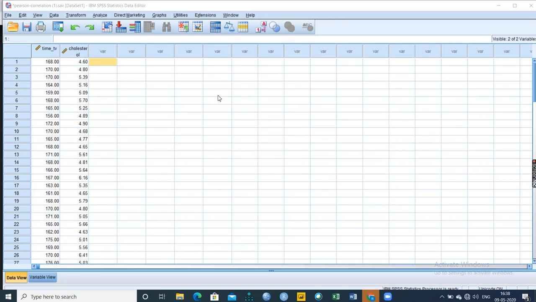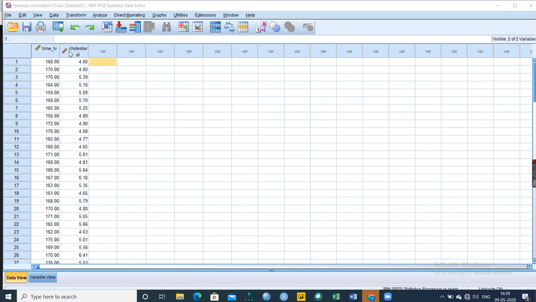Now we can find this Pearson correlation. So what is this Pearson correlation? It is mainly for parametric data, that is, assuming that the data set is normally distributed, and based on that we will go. So we have two assumptions. One is that the data set is normal, and the other is that the data set has the property called linearity. So we have to check.